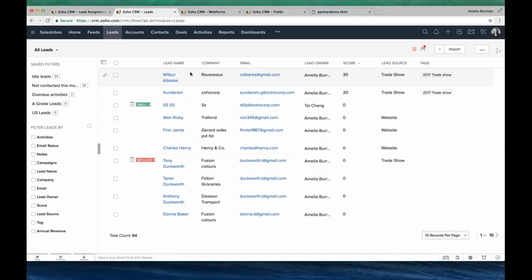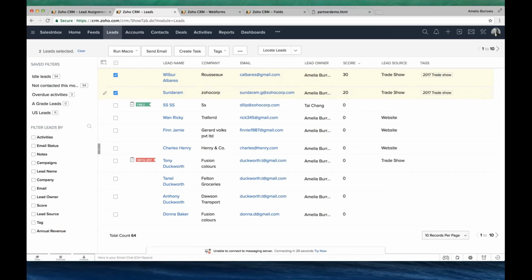Perfect. So now I'm in the leads module. Now, how do we get to this screen? This is something you like to emphasize all the time. Okay. How do we get to this specific screen? It is just the leads module. You get inside the CRM and click on the leads module. That's it. Once you have clicked it, you will see the list of leads. Now I would like to run a macro for these two people for some reason. I'm looking for some macro. It's not there. So I'll try to create a macro.